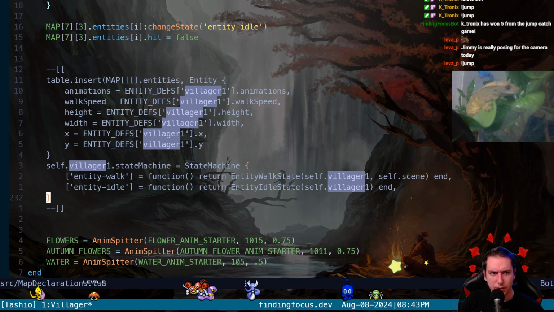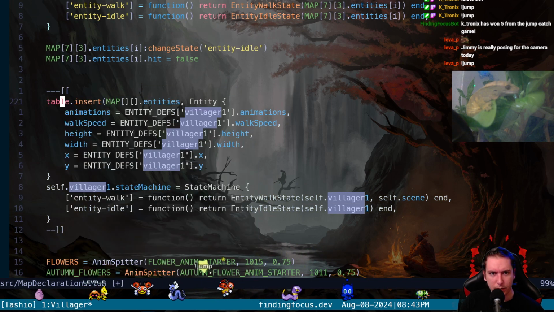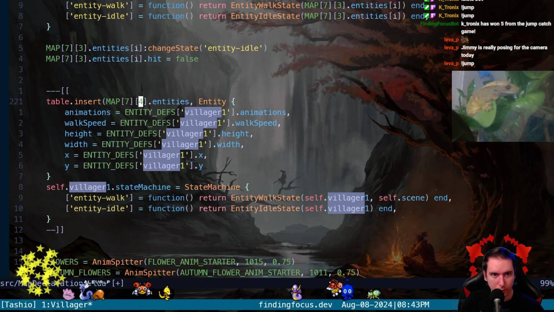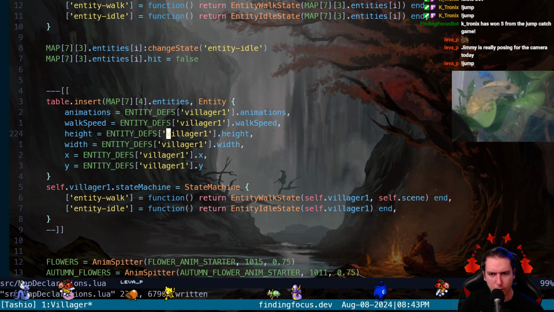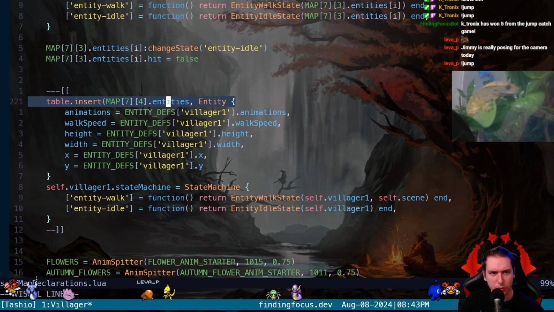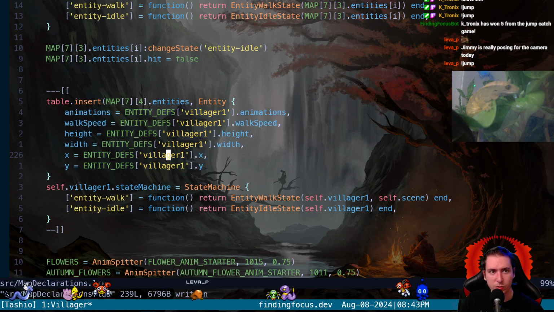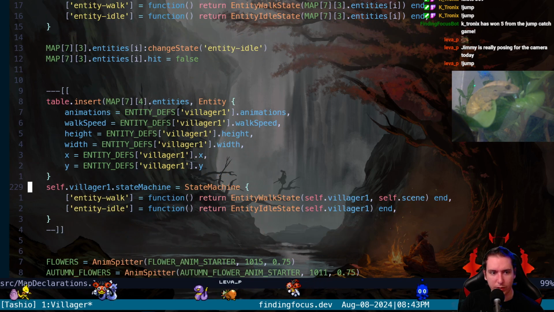So let's put it in at 7.4. Okay. So we go into our 7.4. We give it the entity instantiation, which has all the animations and whatever. So one thing we are missing is the actual entity